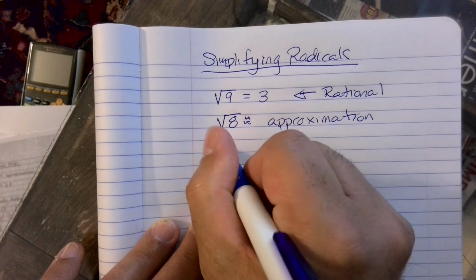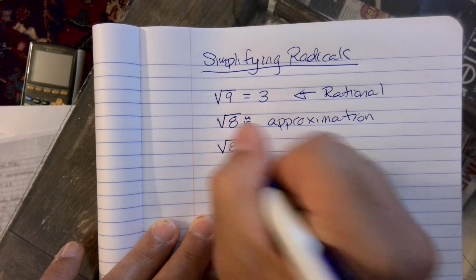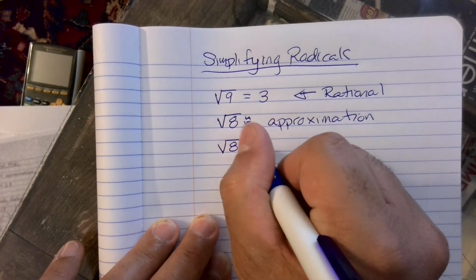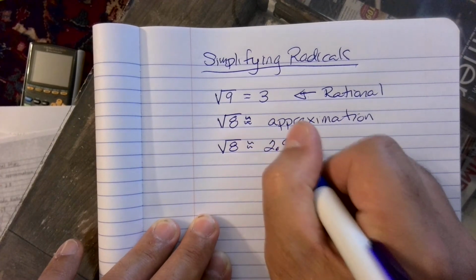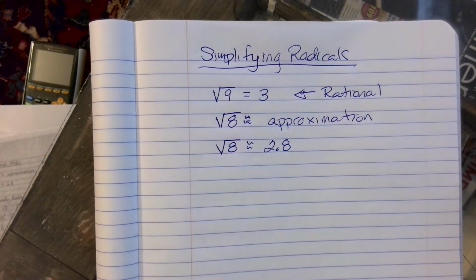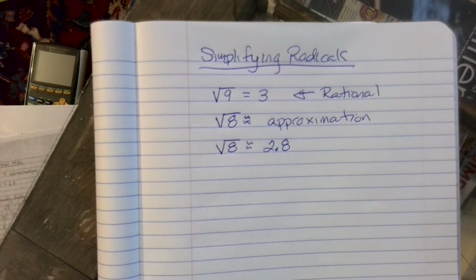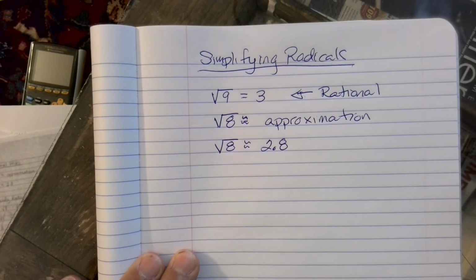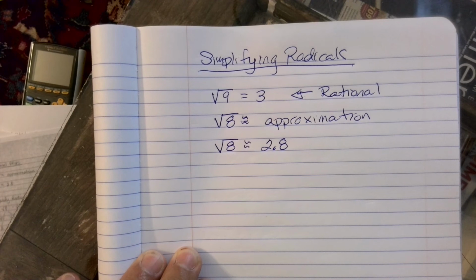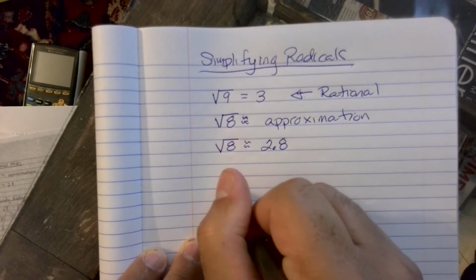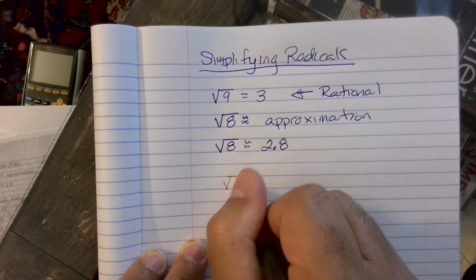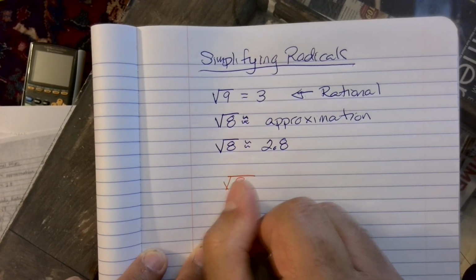Right, if I plug the square root of 8 into my calculator, it's going to give me a decimal approximation. I think it's 2.8. So it's an approximation, it's not the actual value. But what we could do when we have the square root of 8 is simplify the radical. We could break this up